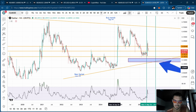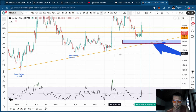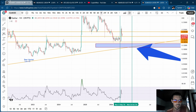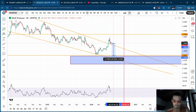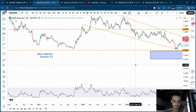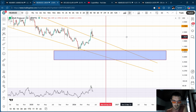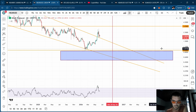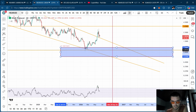Make sure that you're part of at least, and not FOMO in on this move here and catch it halfway through the move. You obviously want to catch it down low. So I would just relax about NEAR and not FOMO. I personally recommend not FOMOing and buying NEAR. I think there's a high probability that these gains will be given back, and we will see the price move back into these lows. Now, the reaction to those lows this time will be a strong indicator of where it decides to go. So based on that, I'm going to adjust my buying zone a little bit and move this